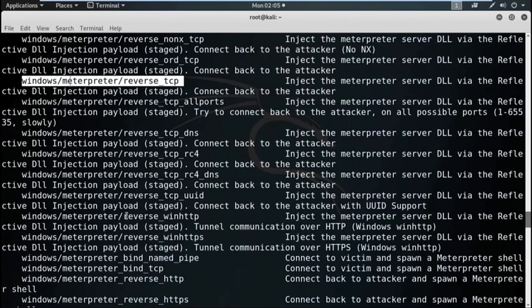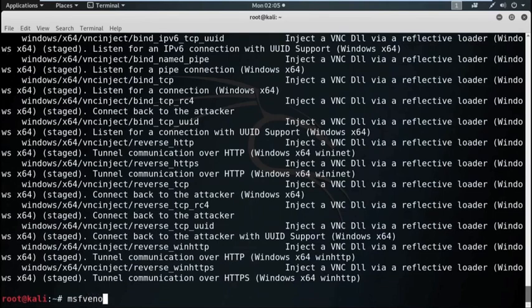So, now I am using msfvenom, then -p specifies the payload name. Now the payload name is windows/meterpreter/reverse_tcp.